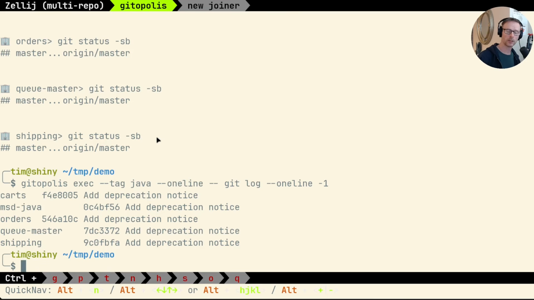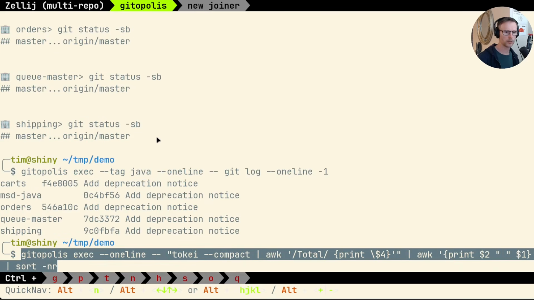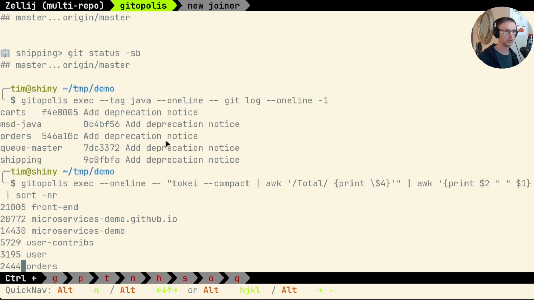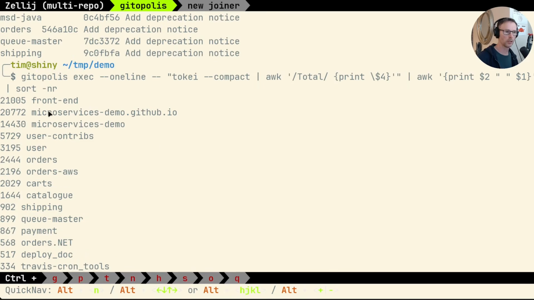Sometimes I get asked for more information on the state, or I want to know the state myself of a whole bunch of repos. So here's a more advanced command to use tokei, which is a significant lines of code counter, to get an idea of how many lines of code we're looking at in this repo. And we can see that immediately we've got an idea of the scale of this particular microservices. So we can see that the front end has 21,000 lines of code. And just to break this down,